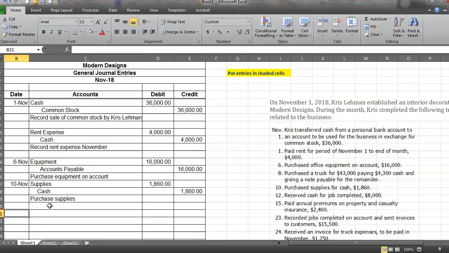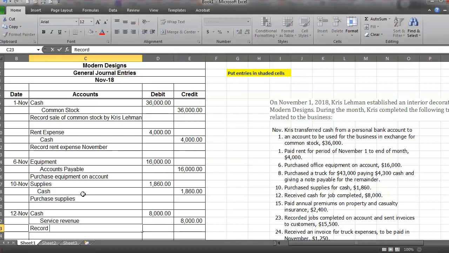Now, the next entry is on the 12th. Receive cash for job completed. When you and I receive cash, we're increasing it. I mean, that money went into our bank account. So $8,000 went into our bank account. And for a job completed, this is letting me know services revenue maybe that we've earned this. We performed the job and we got money for it. Record sales